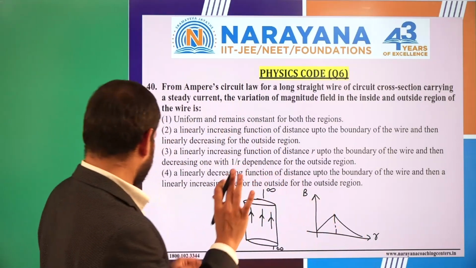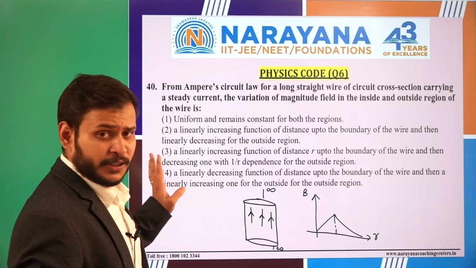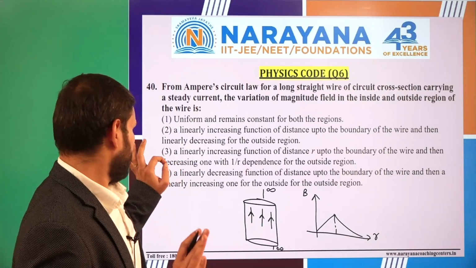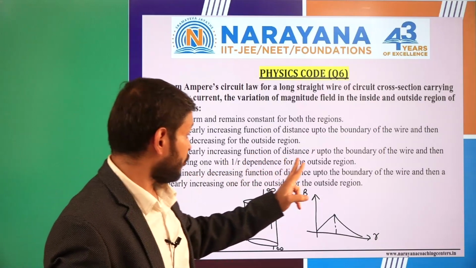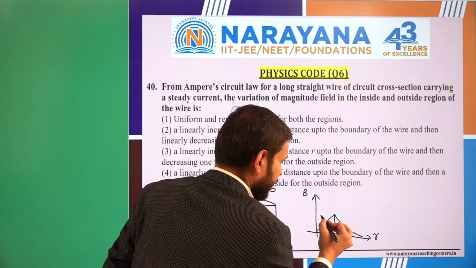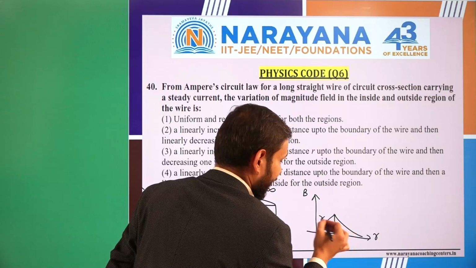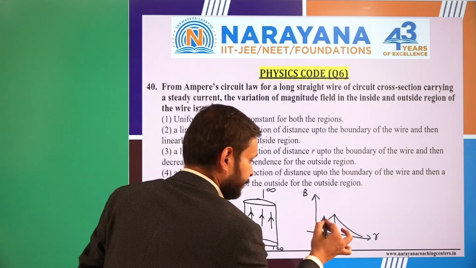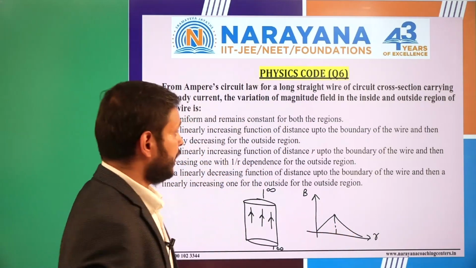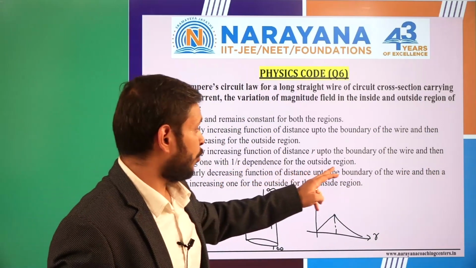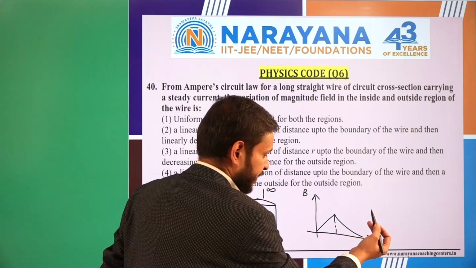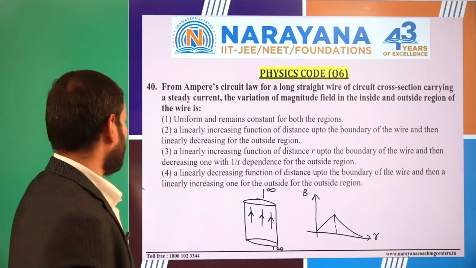So over here, third option is the best option out of these 4. A linearly increasing function of R up to the boundary, that is correct, directly proportional, I'll say. And after that, decreasing one with 1 by R dependence of the outside region. So here it is decreasing like that. So the correct option will be